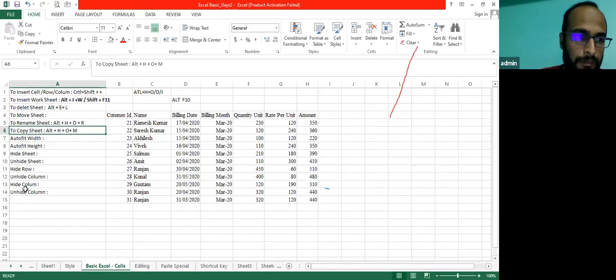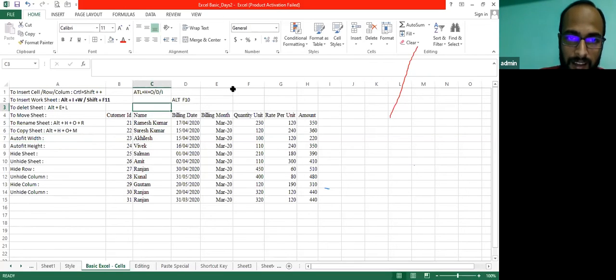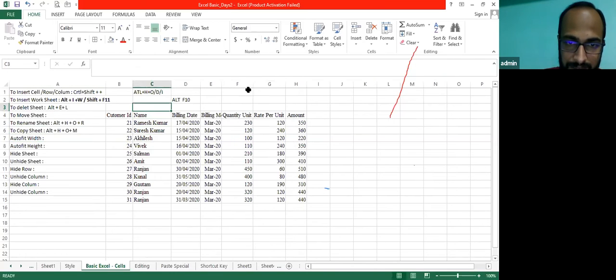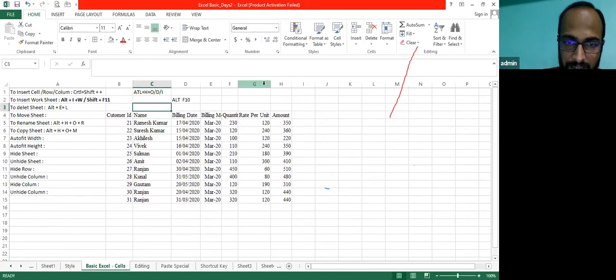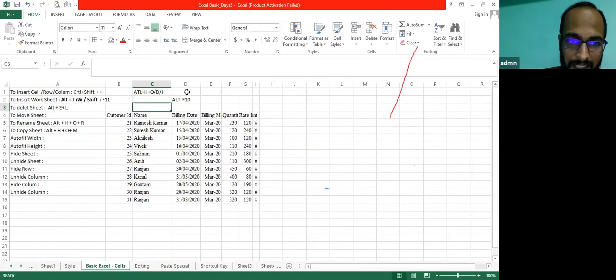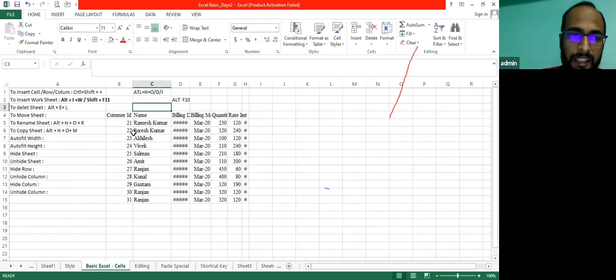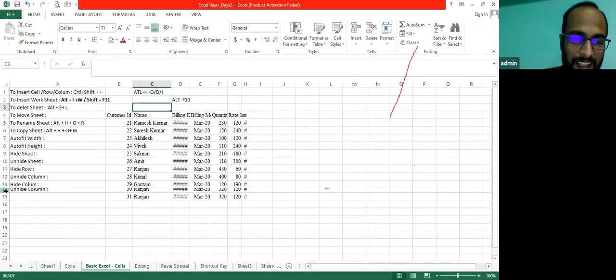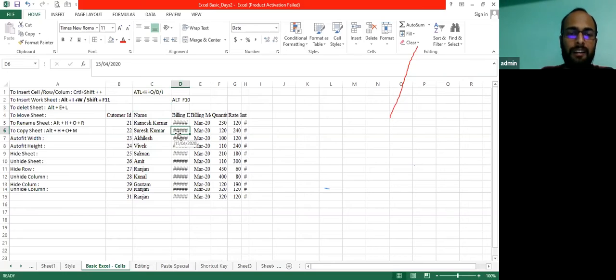Okay, so now I am moving to the next command. This is auto fit width. See how it works. Let's suppose my Excel file is very condensed. I have typed something and the height and width of the column is not good, very less, even less than standard. When we people work on a large quantum of data, we are always concerned about the formatting, that your data must appear in front.